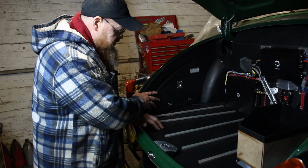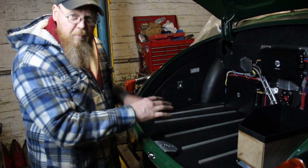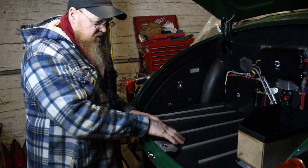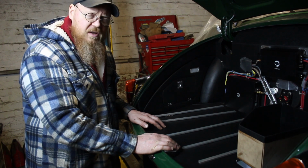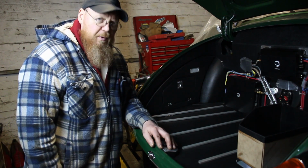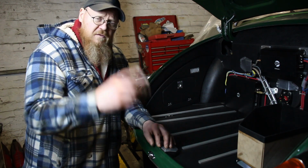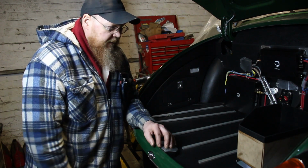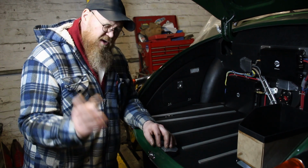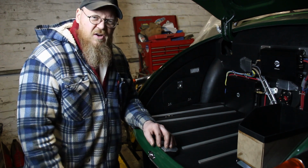So these side panels obviously can't go in because they sit on top of it, so they're not going to be permanently fixed. I will be fixing them to make sure it all goes together, but it's not going to be totally finished because, like I said, the exhaust, I've got to do that, and that's probably going to be my next job on this. I was thinking about putting the doors on and finishing the interior trim, but I want to get the exhaust. I want to finish off the mechanical running gear sort of stuff really,